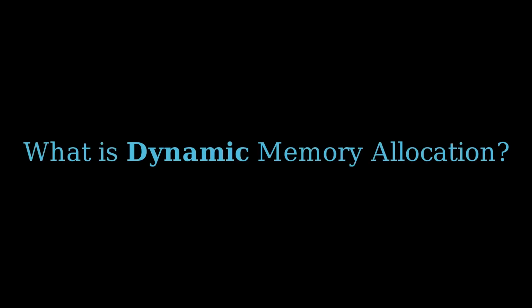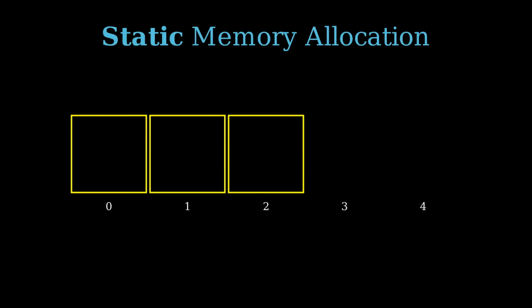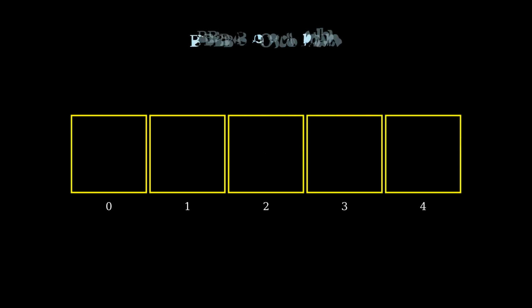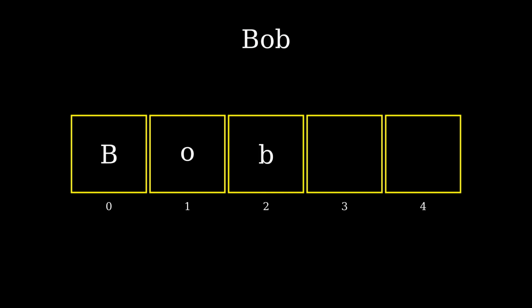So what is dynamic memory allocation exactly? Let's start by understanding static memory allocation. Let's say we create an array of chars that can hold 5 elements. We can then ask the user to put in a specific username. If our friend Bob puts in his name, there is plenty of space for his username, given that it is